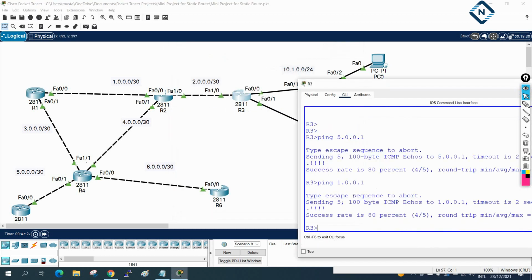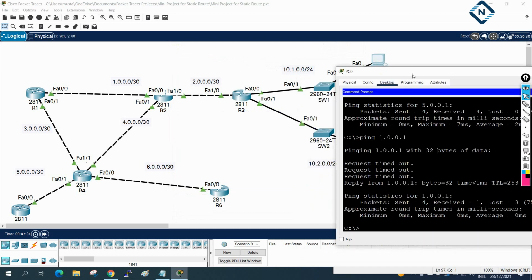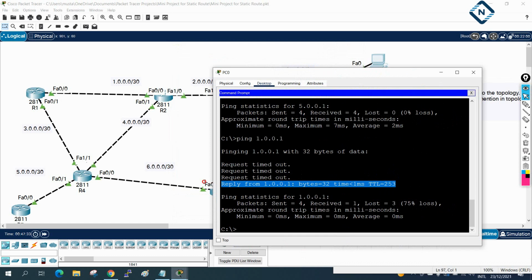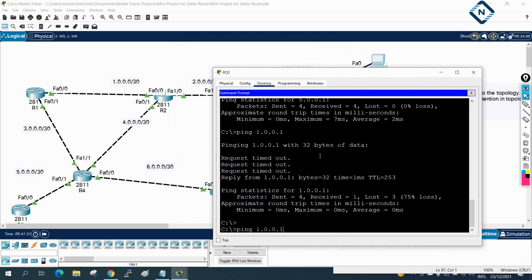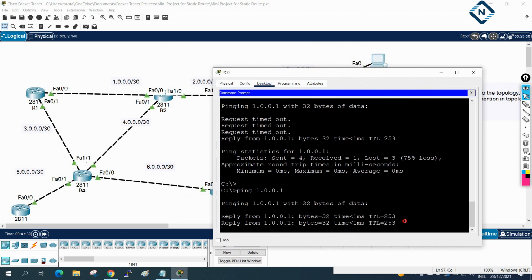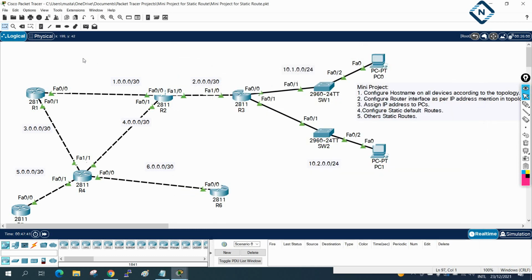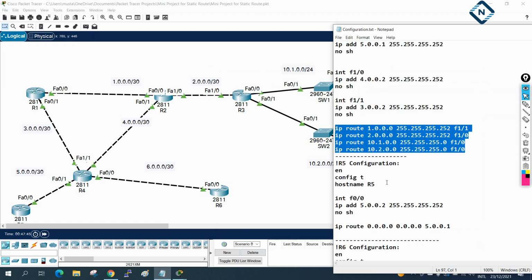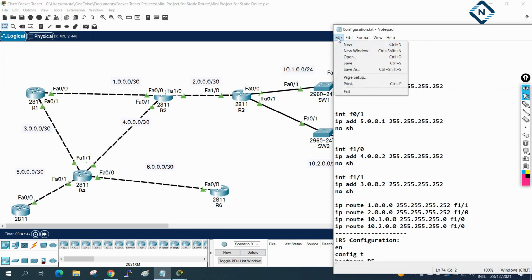The reply is coming, 4 out of 5, and here also it is coming. The first packet dropped, these packets are dropped for ARP, but after that it starts working. So this way our lab is successfully done, and this is the configuration.